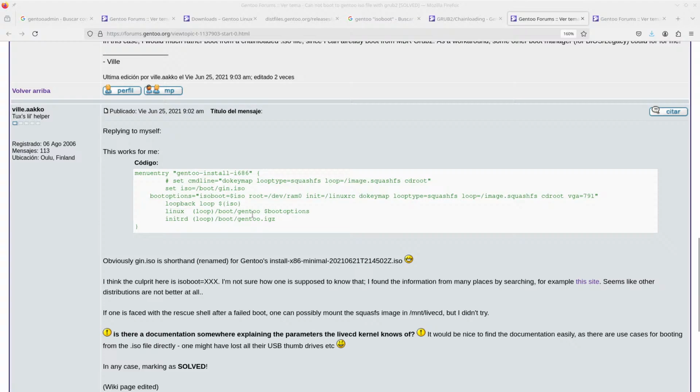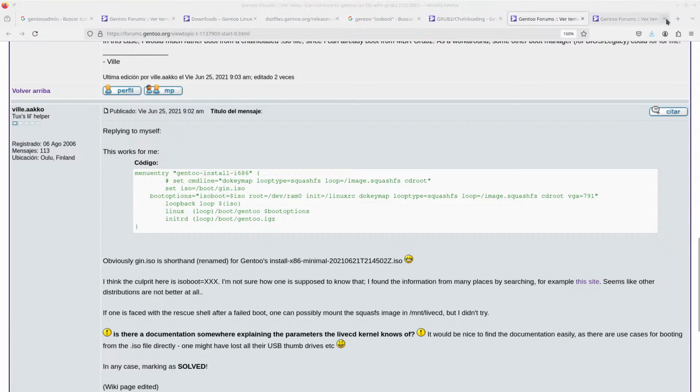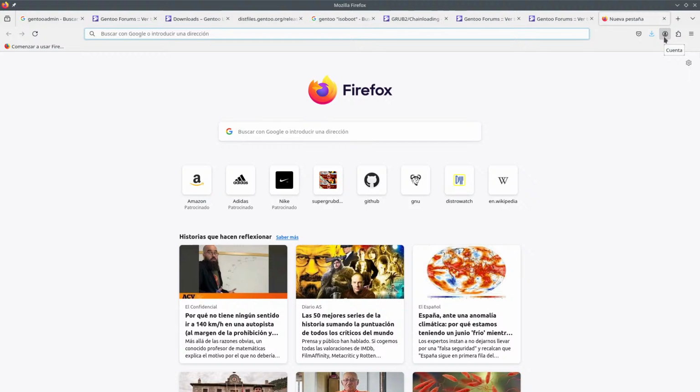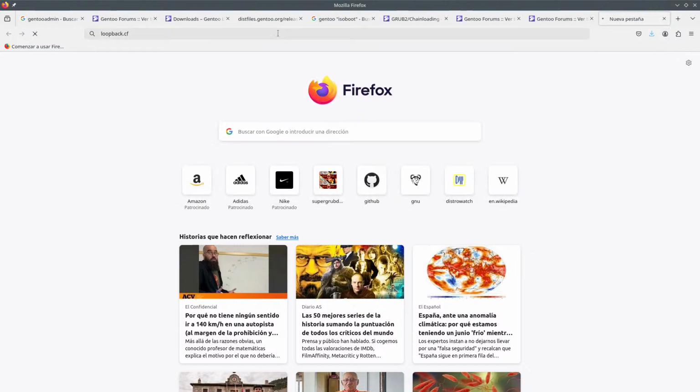Because here's the thing, you've got this loopback thing where you are able to boot the kernel and the initrd from here. Okay, but in any case, what you need to do is ask the Gentoo people to add a loopback.cfg.